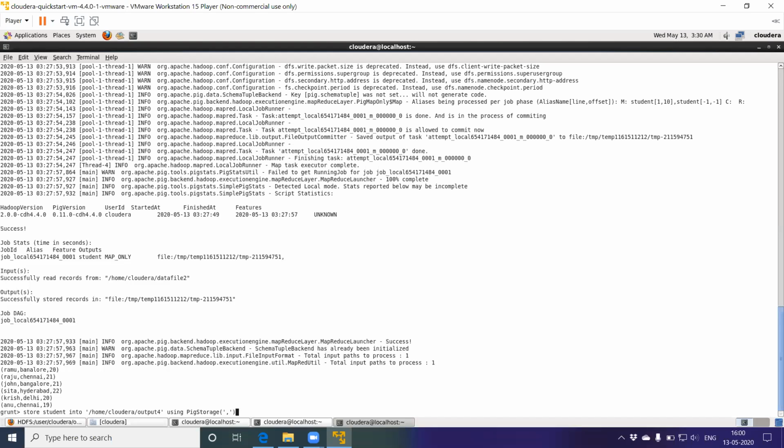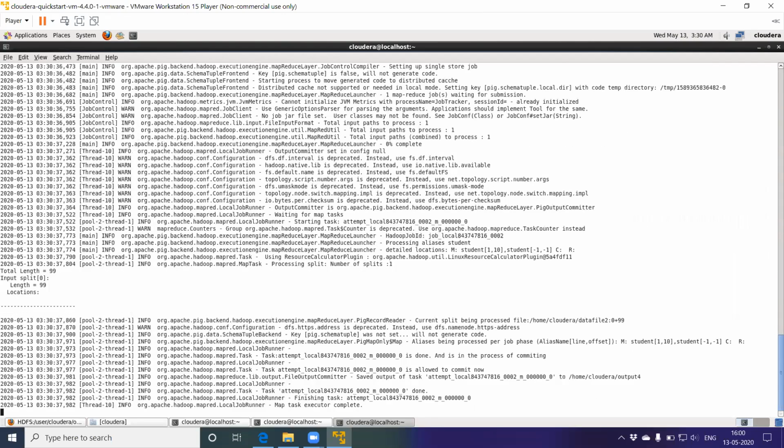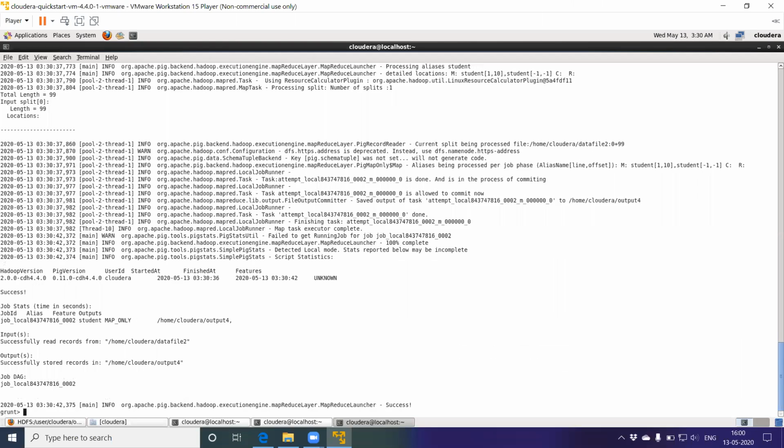Press enter. So this stores the result back. It says it is a success.